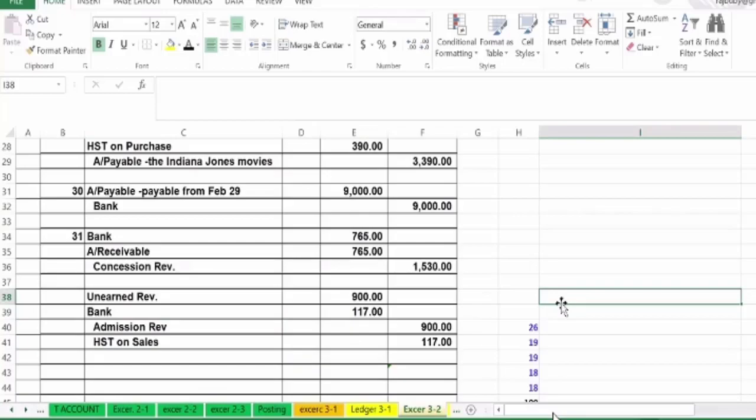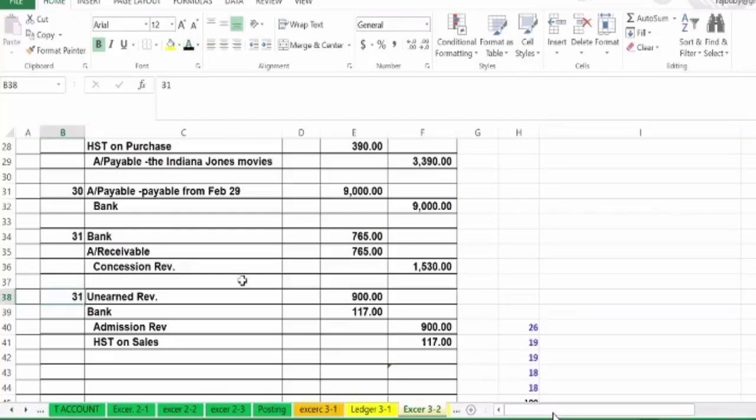This is not like real life, where if you give a gift certificate, the HST will be included. I guess when they first bought the gift certificate, they didn't pay HST. No, because I'm looking at the March 10 transaction. They didn't pay HST, right? So okay, that's why.